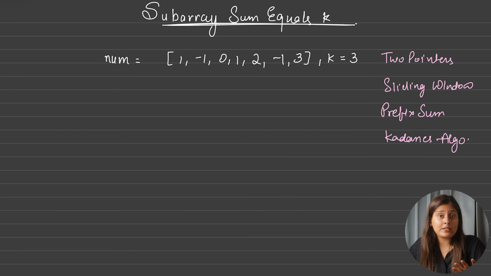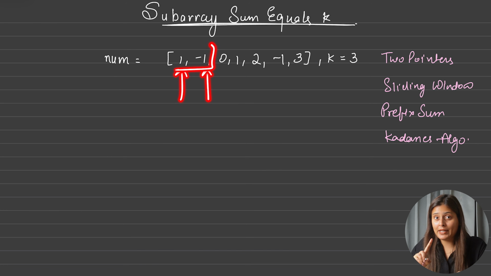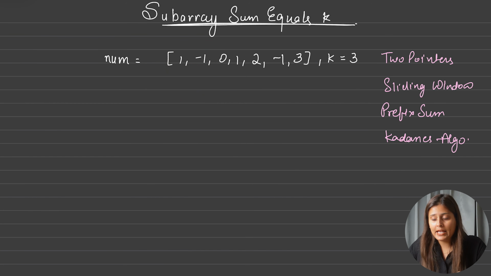Now let's see how prefix sum will help us. Here also we need the continuous summation of the subarray, correct? And prefix sum says yes, we apply it whenever we need to count the continuous summation from a particular index to a particular index and for multiple queries, correct? And here also we will answer multiple queries, and that query we will make for ourselves. Let's see how. So if you see here, the current summation is 1. So let's see how prefix sum helps here.